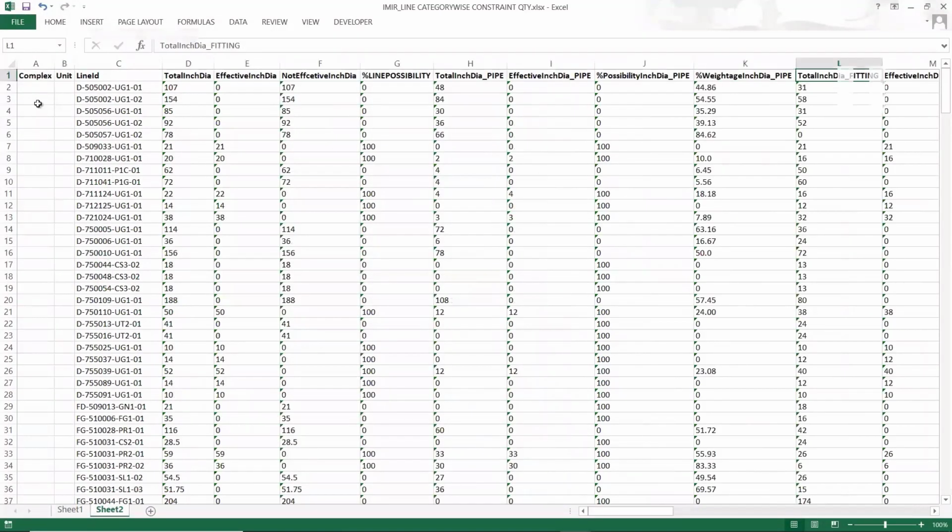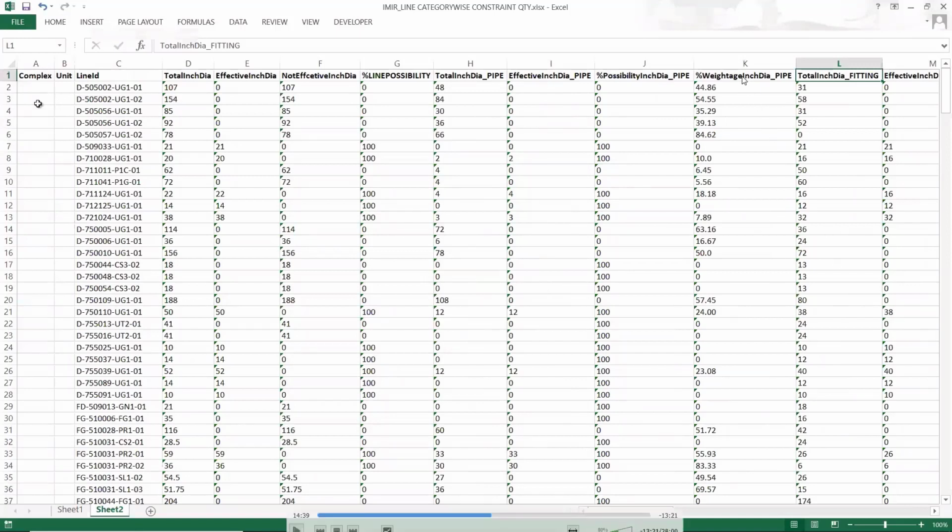Next is the distribution analysis. Like here, 5 categories are considered with respect to the line: pipe, fittings, flanges, valves, and gaskets. Now, each individual line is distributed into the 100 percentages. So, 100 percentages of a specific line is distributed amongst these categories.